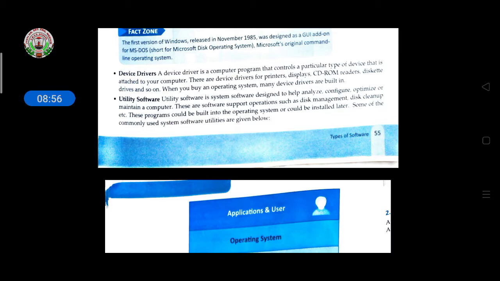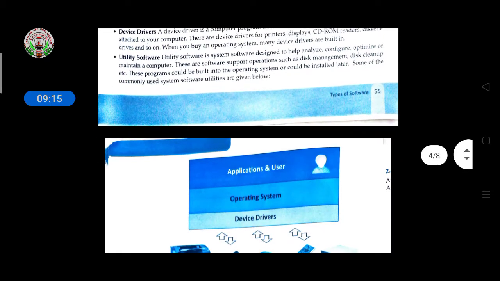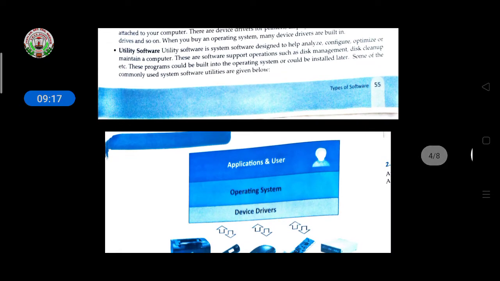Some commonly used system software utilities are given below. So utility software is used to help configure, optimize, and maintain our computer. It also does operations such as disk management and disk cleanup.